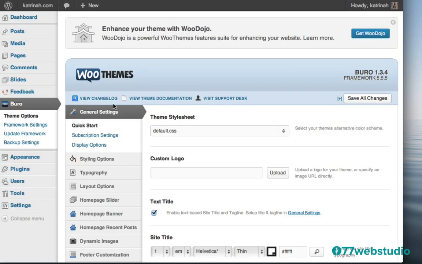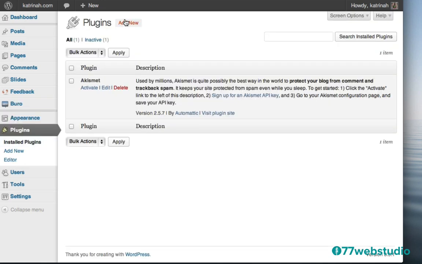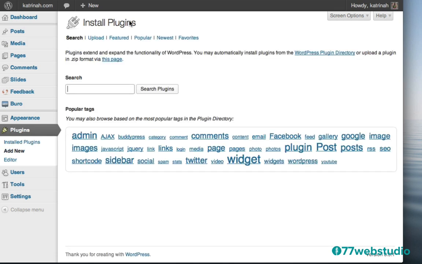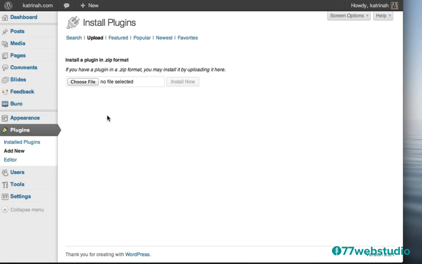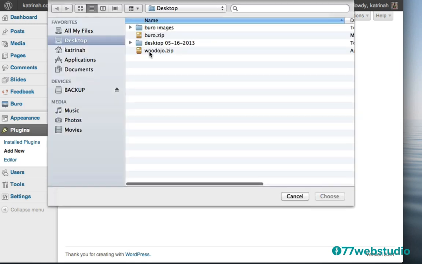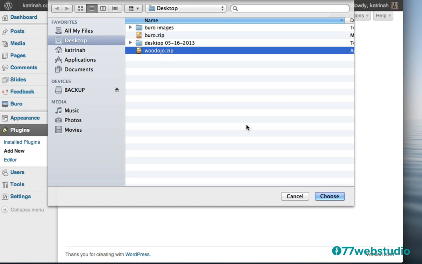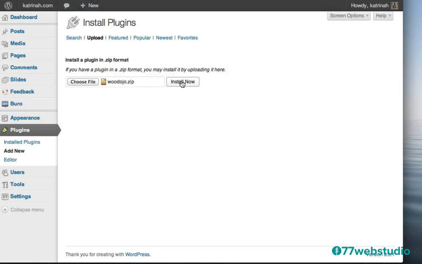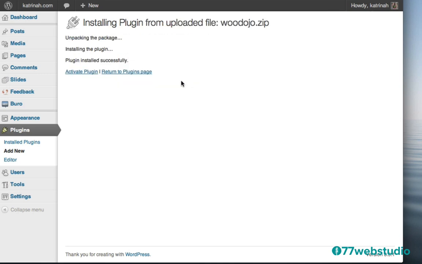And here on our WordPress website, we need to upload the plugin called WooDojo. So I'm going to go over here to Plugins, click on Plugins, and then at the top, I'm going to click on Add New. And just as we did before with the themes, I'm also going to upload a new plugin by clicking on the upload link right here. Next, we need to choose the WooDojo file. So I'm going to click on Choose File. Click on the woodojo.zip file and click on Choose, and then once again I'm going to click on Install Now to install WooDojo. Once the plugin has been installed, now I'm going to click on Activate to activate the plugin.